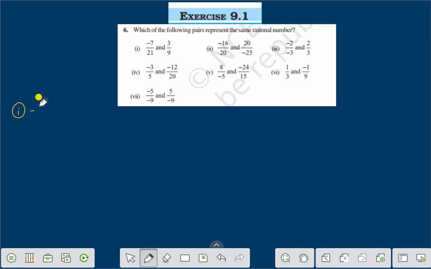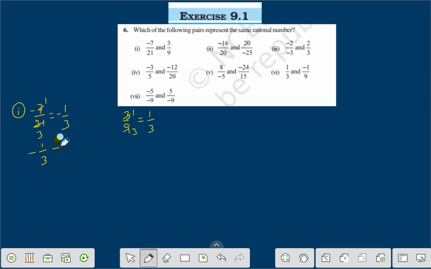Minus 7 by 21, and 3 by 9. If we change it to lowest terms, dividing by 7, 7 threes are 21, we are getting minus 1 by 3. And this number 3 by 9, 3 ones are 3, 3 threes are 9, that is equal to 1 by 3. Therefore we can say that minus 1 by 3